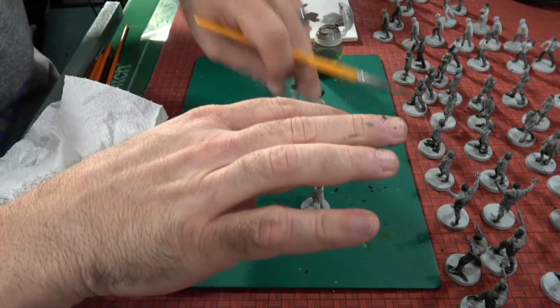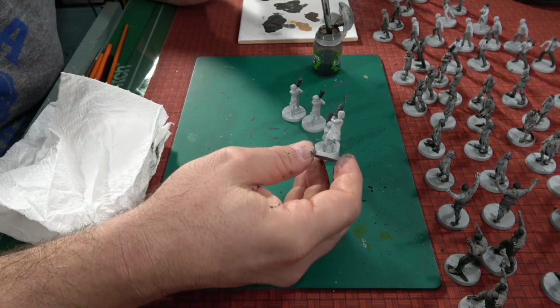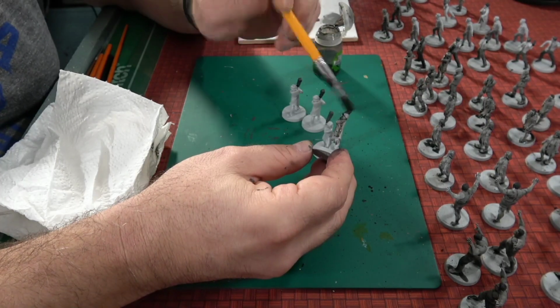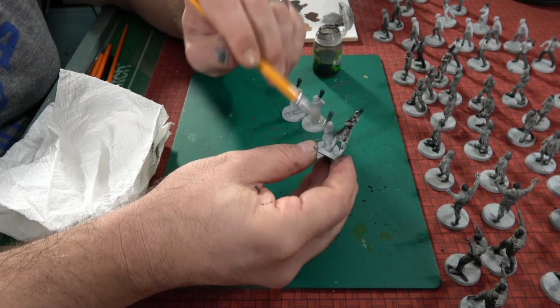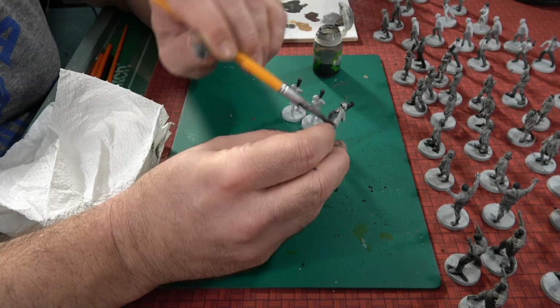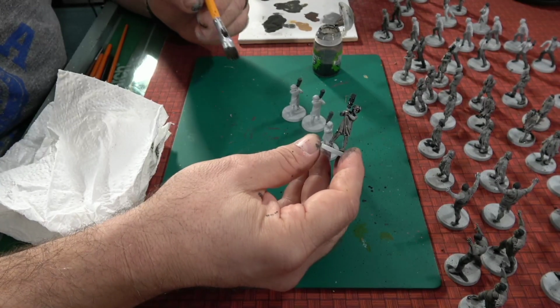But the guy I want to show you is coming up, the guy with the brick, because that's the guy you really need to see and understand what I'm trying to achieve here and how I'm going about achieving it. Remember, we are painting black and white, so what we're doing is using some of the basic things to...